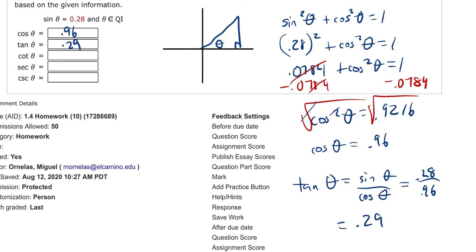All right, and then for the rest of these, you could just take the reciprocal. So the reciprocal of tangent would be your answer for cotan. The reciprocal of cosine would be your answer for secant. And the reciprocal of 0.28 would be your answer for cosecant. I think I meant to say secant, not cosecant, for the previous one. Well,